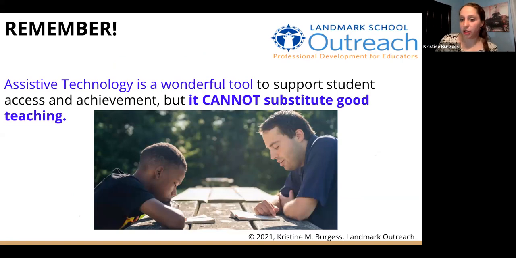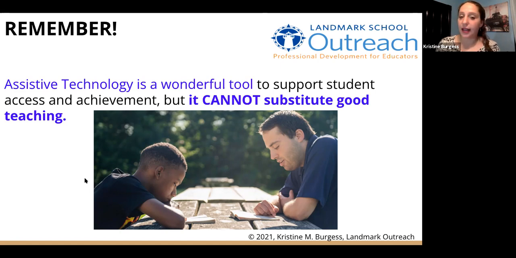Those are the technology pieces that I have to show you. The particular student from the case study wound up using Bookshare, word processors, voice typing, and a lot of spell checking that required him to still be able to recognize the proper spelling of a word. Because with a spell checker, you're given 3 or 4 different options and you have to be able to recognize which one is right,